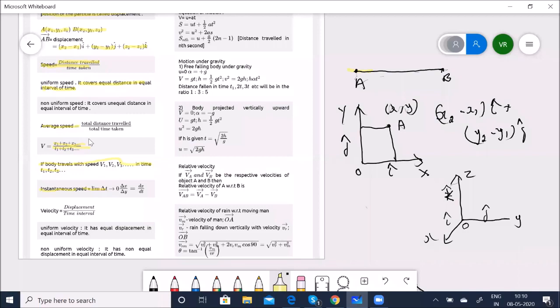For example, I can specify it: say at the 5th second, what happens, or an object is traveling at a uniform speed. What will be the velocity of the object at the 10th second or 5th second, or what is going to happen between the 5th second and the 10th second? You are more specific now. In that case, you call that the instantaneous speed. So you can put it as limit delta t tends to 0, delta x by delta t is equal to dx by dt.